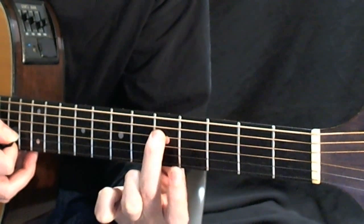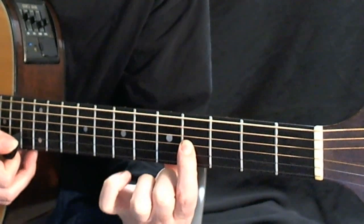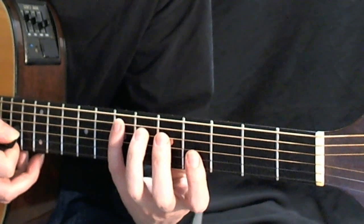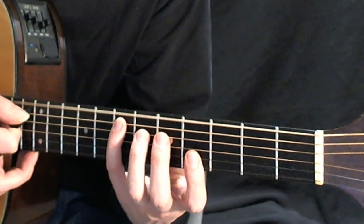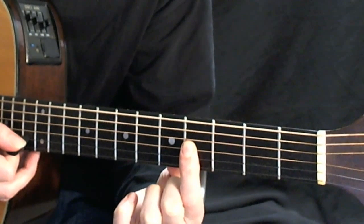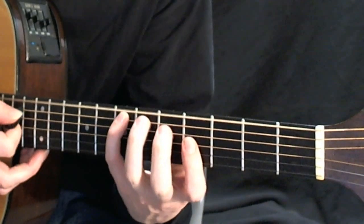Then to the G, the 5th fret of your D string, E, G, and then we're going to grab the B that we already learned. So this E and G is going to go in there in between when you hit the low E on beat 1 and this B on the and of beat 1. So 1 and, we have to go 1